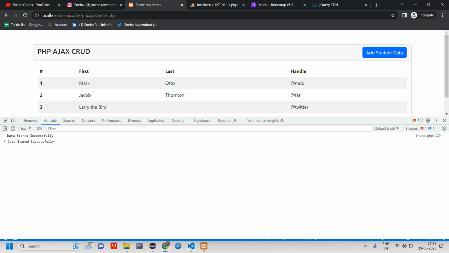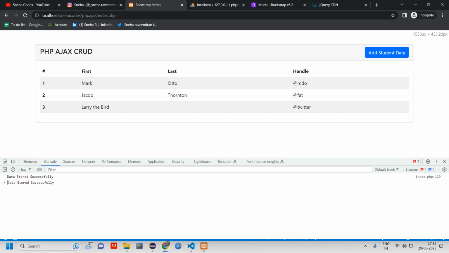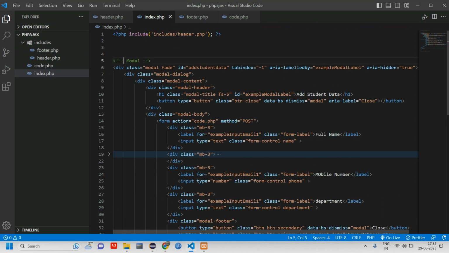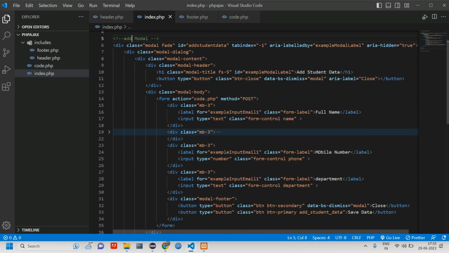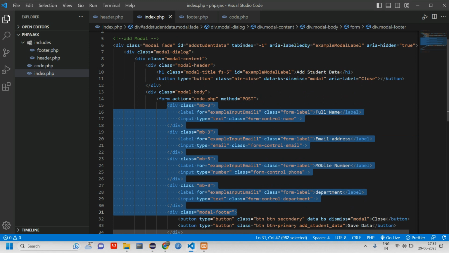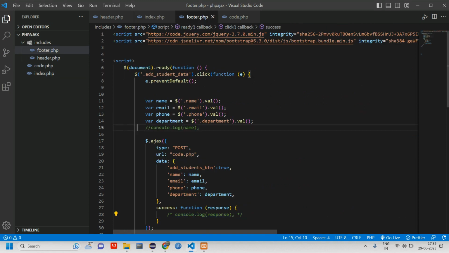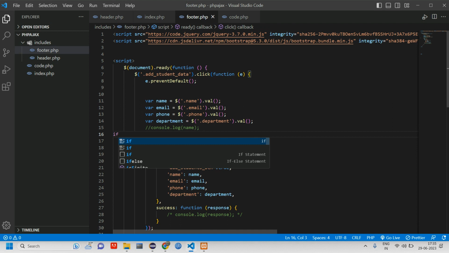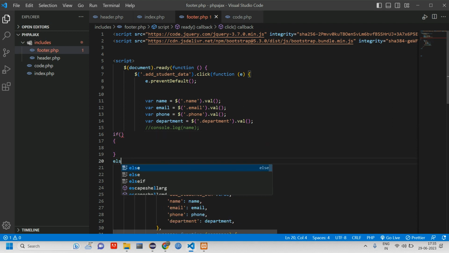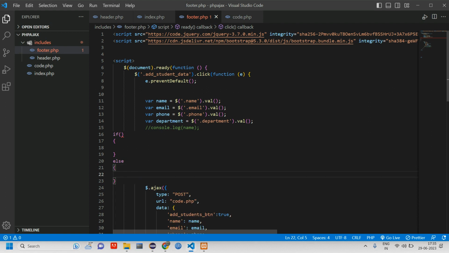And one more thing was to make the validation of the form. So here we have the form, right? Go to index. Let's tell this as add modal. So here we are having the form, right? To make the validation of this form, we can give an if condition here. So like if, or else it's else, right? So if name